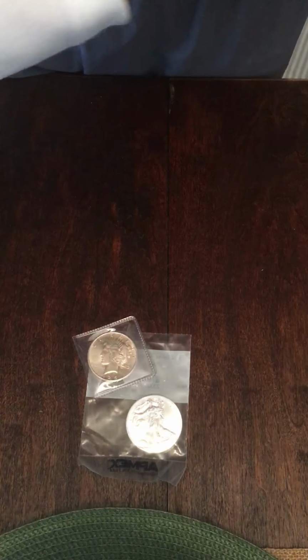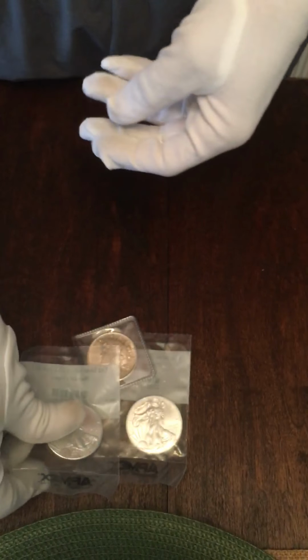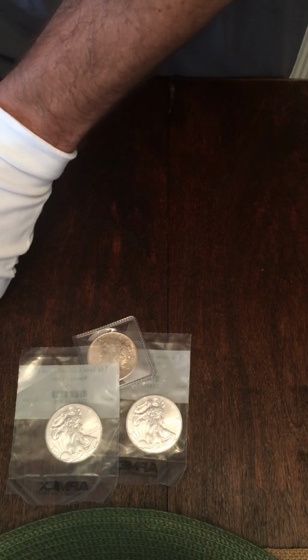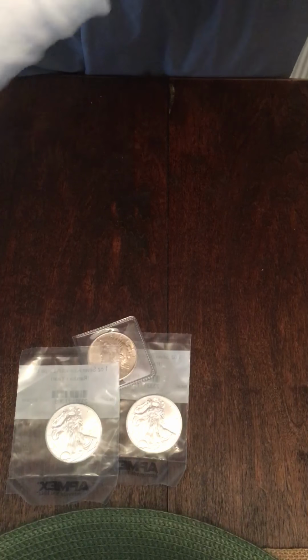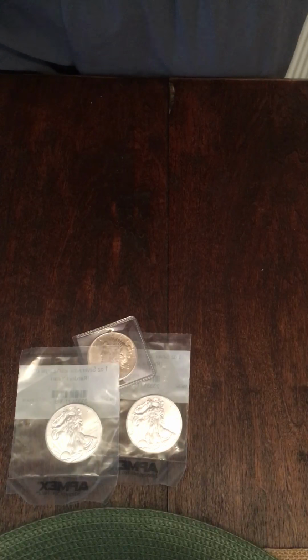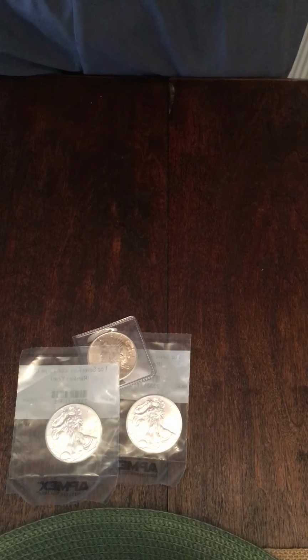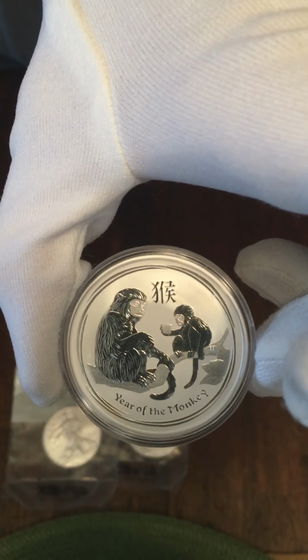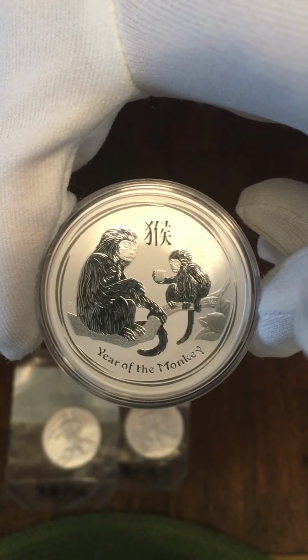All right. And another 2009 Eagle. No surprise there. They've been giving me pretty good random dates with the purchases I've had, so I'm stoked with that. Not that I'm really trying to collect any date set of Eagles, but nonetheless, it's neat to have different random stuff. And then last but not least, we have actually two more coins, I'm sorry. So I ended up getting that right there, the 1 ounce Year of the Monkey from the